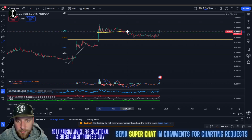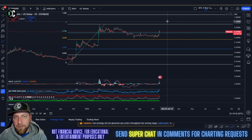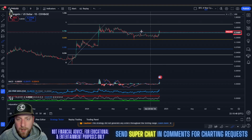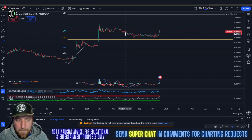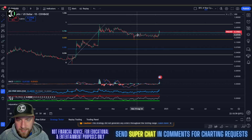What I mean by that is, going back to pretty much the beginning of 2024, that 786 was a very critical support area for us. You can see how many times we bounced off that 786 area before we broke below it. And then once we broke below it, we tried to overtake it several different times with failure until we finally overtook it right now. So us breaking above that 786 itself is bullish,